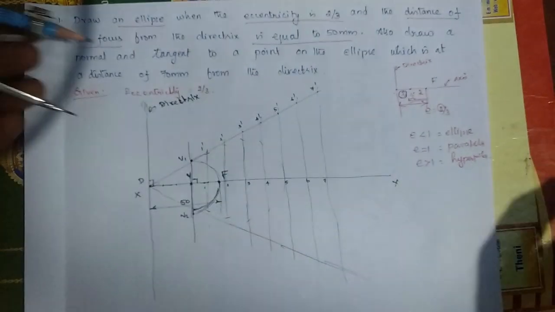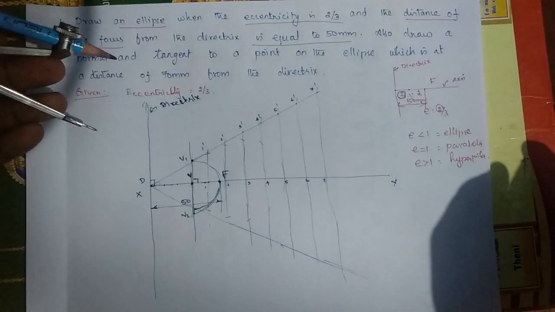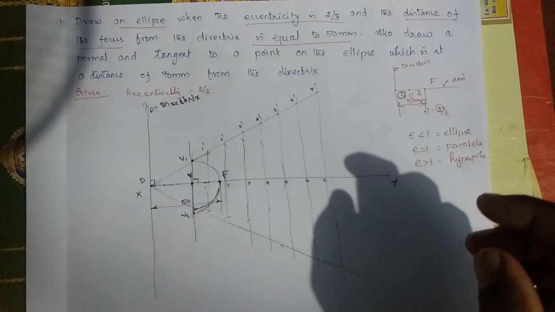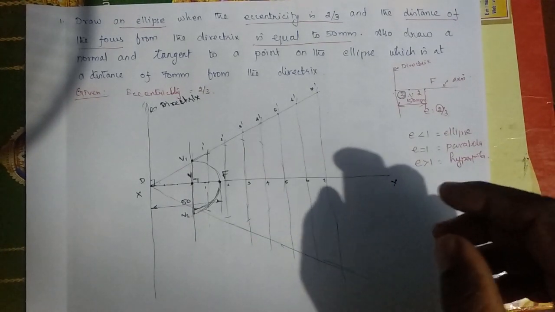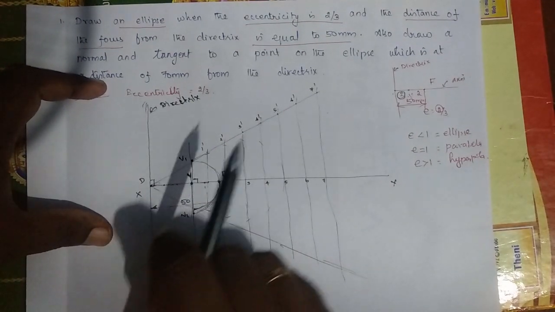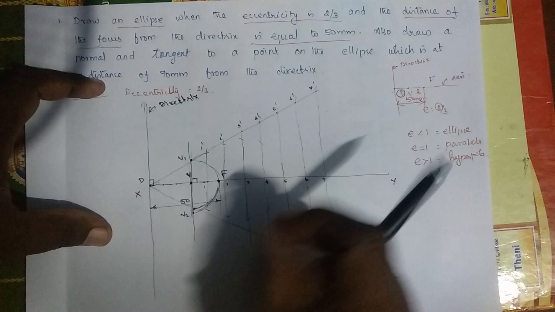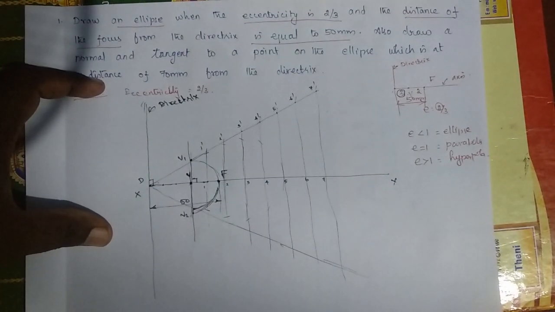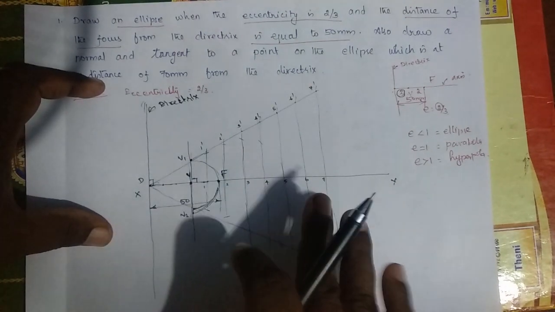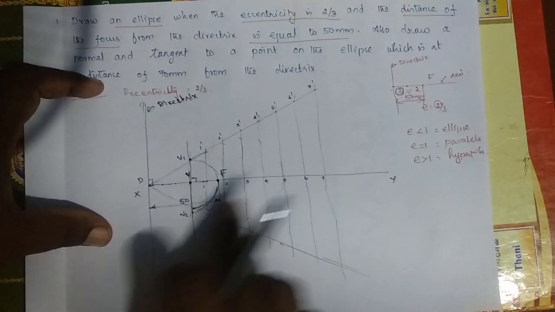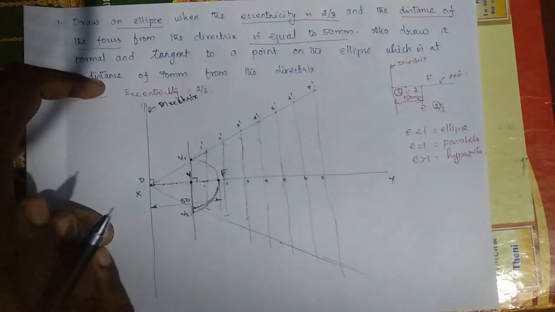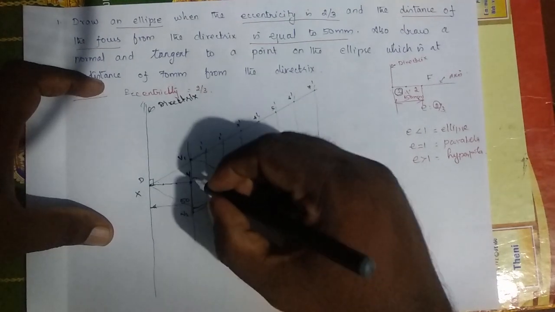I think that is the end. Okay, so I hope if you have drawn the distance between the points, which is 1, 2, 3, very small, it means you will get a neat curve. If the distance is somewhat more, it will be somewhat not a smooth curve. So if you want a smooth curve, you just reduce the distance between the points where you are taking after the vertex.